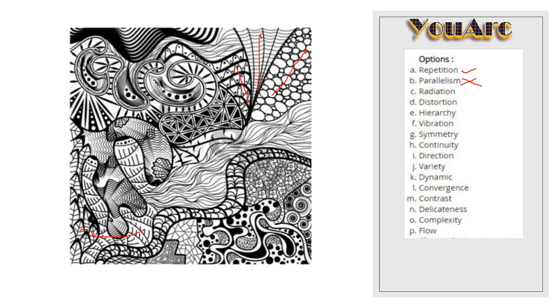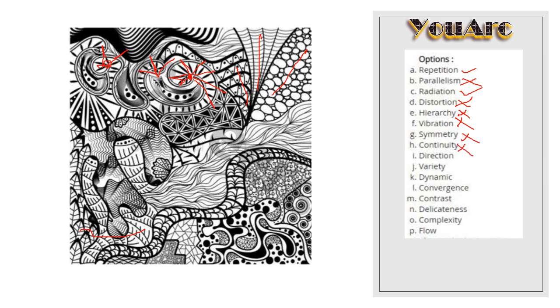Radiation, yes, according to me, radiation is there because this is the focal point. See, it is getting radiated. Even here it is radiating. Here it is radiating. So radiation is there. Distortion, no, we don't have distortion. We don't have hierarchy. We don't have vibration. Never. Symmetry,